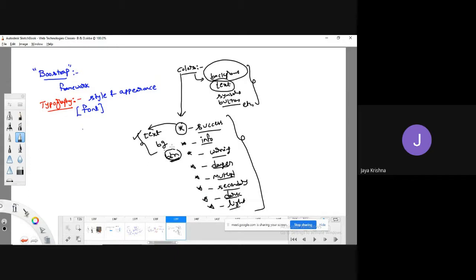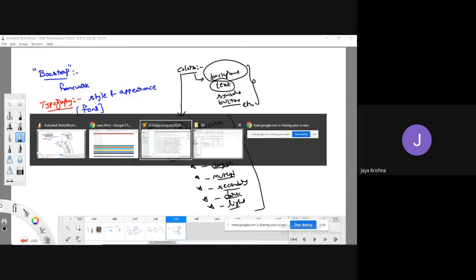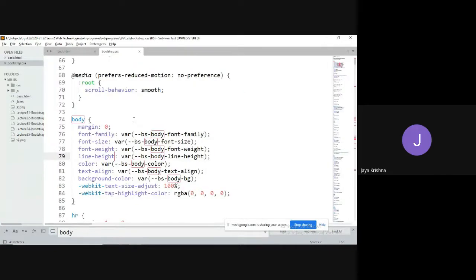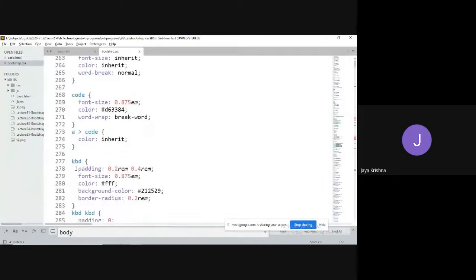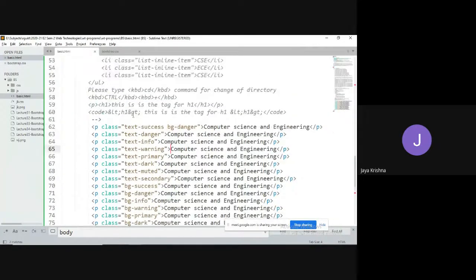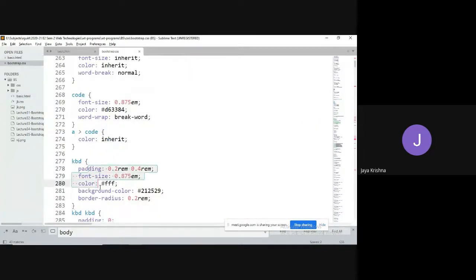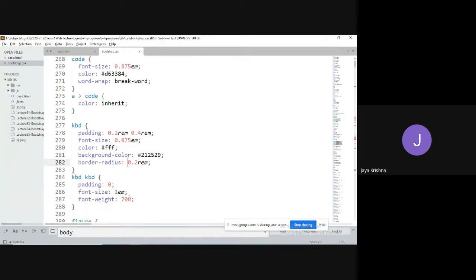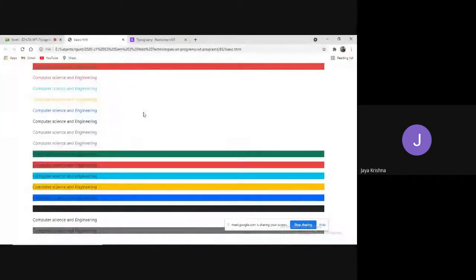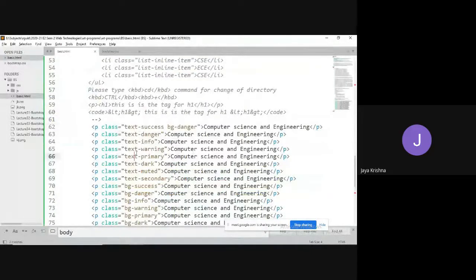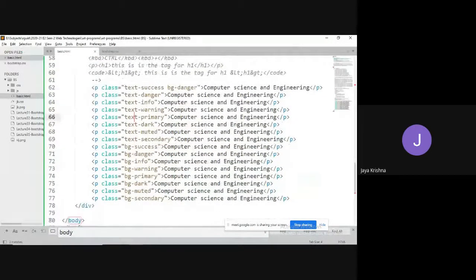So guys, why am I using all these classes and trying to work with them? Because in bootstrap.css itself they have given everything clearly. See, observe kbd. Have we used this kbd tag or not? Here we have used the keyboard. Wherever I have used the kbd tag, these properties will be applied: background color as #212529 and border radius as 0.2. Whatever code they have written, based on that we get the corresponding output. That is the reason we are trying to learn the classes given by the Bootstrap developers.